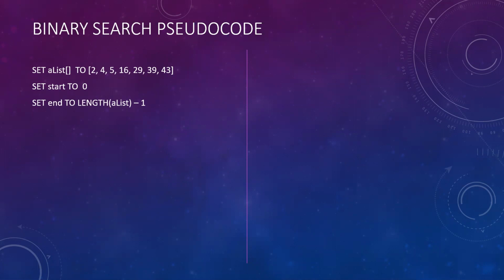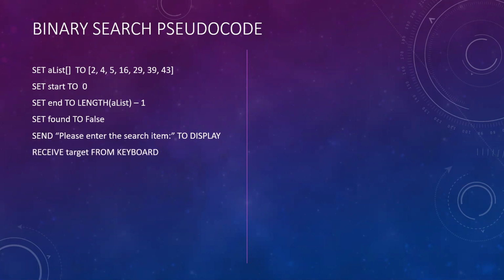That means it will find out how many data we have in the list, and it will set the found option as a key. Then it will give us the message, please enter your search item, and the target item it will take from the keyboard. While start is less than end and found equal false,